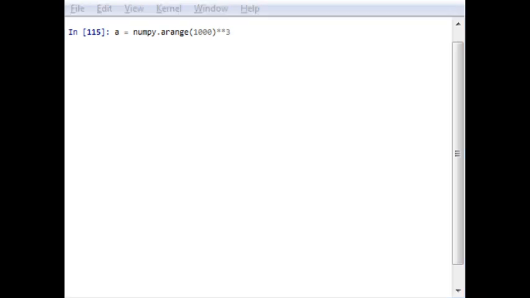It will generate an A with each number raised to 3. Now I also generate an array for the first 10 numbers, starting from 0 to 9. Here I have used A for the array of cubes of the first 1000 numbers.